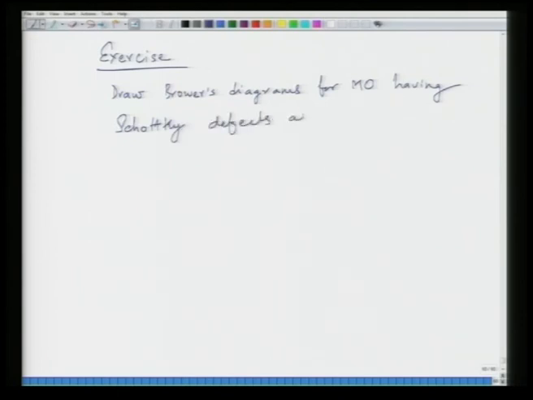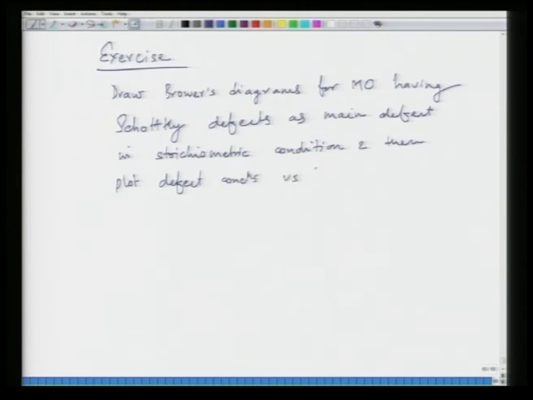Schottky defects as the main defect in stoichiometric conditions, and then plot defect concentrations versus PO2 in all PO2 ranges. So, the hint I am giving you here is: